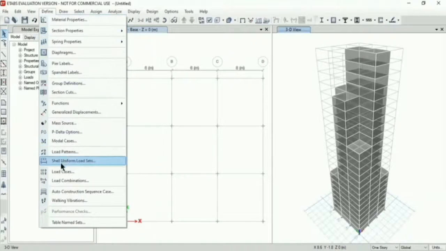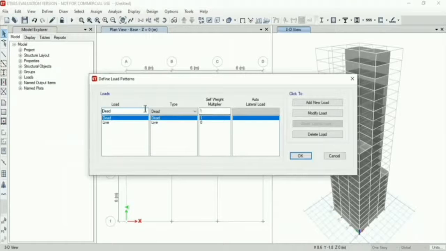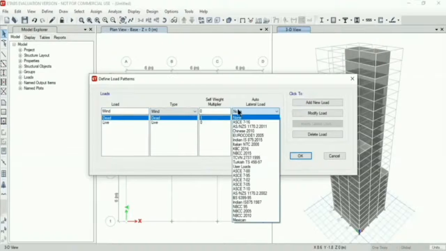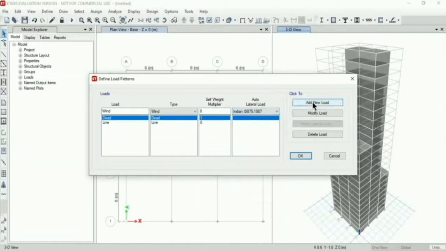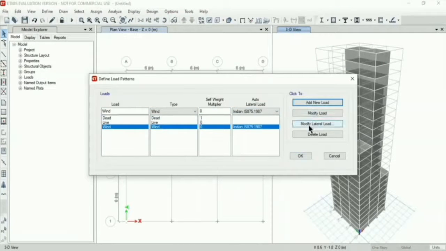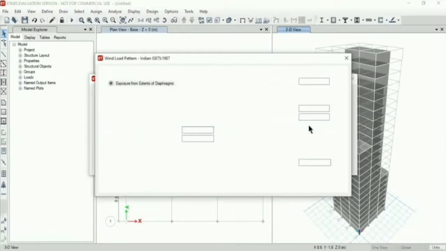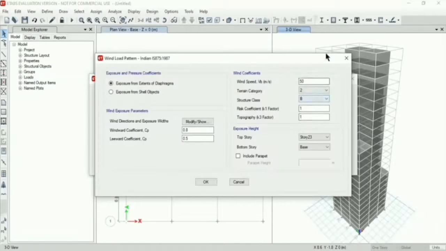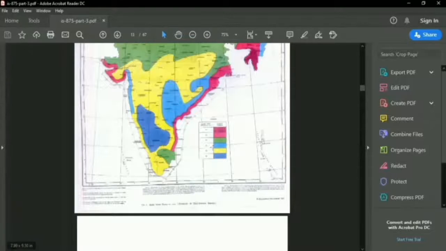So now we will define the wind load. Add a new load, that is the wind load, and the wind load is taken as per IS 875/1987. As our building is considered in Bengaluru, we will define the properties as per our conditions.